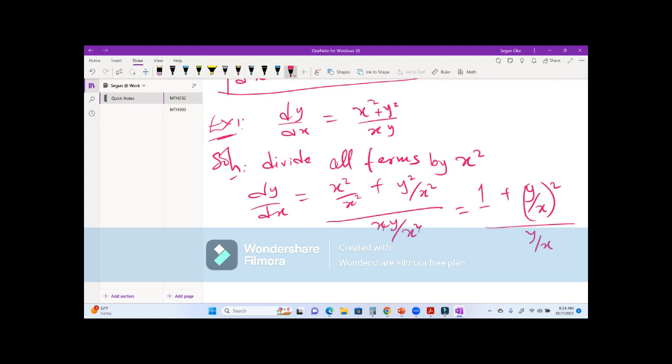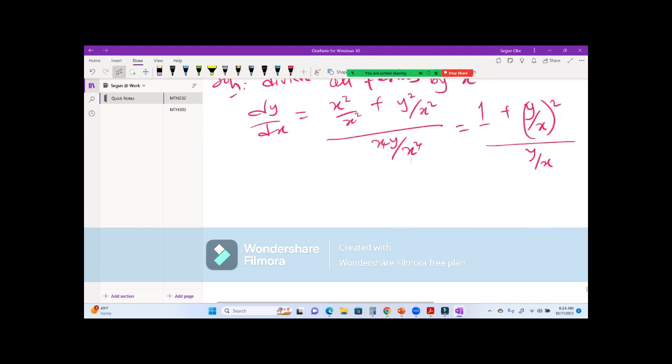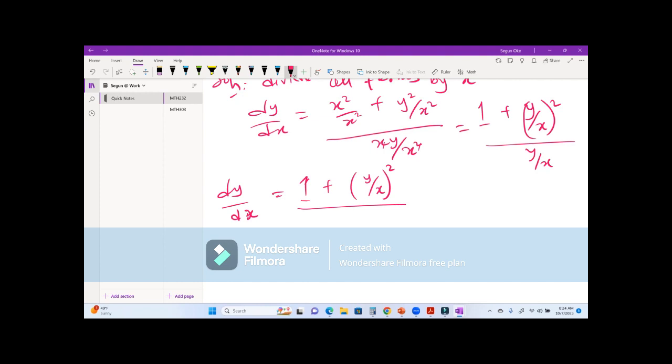So you have it. I know my y over x, I know the y, the x already. So I can go ahead and substitute the y, the x. But before then, let's write it that dy/dx is equal to 1 plus (y over x) all squared divided by y over x. Let's leave it this way. But don't forget, recall,